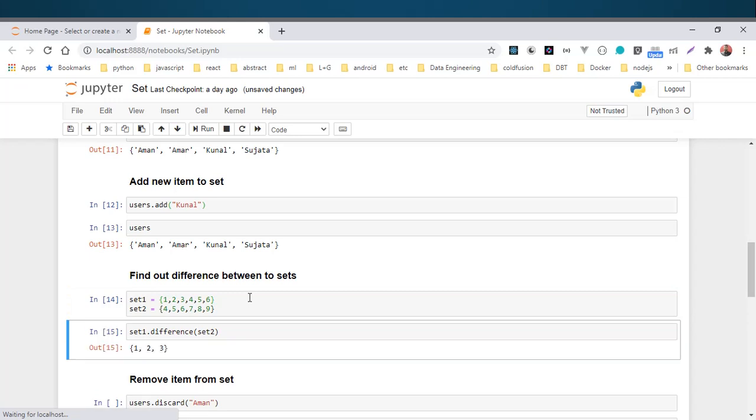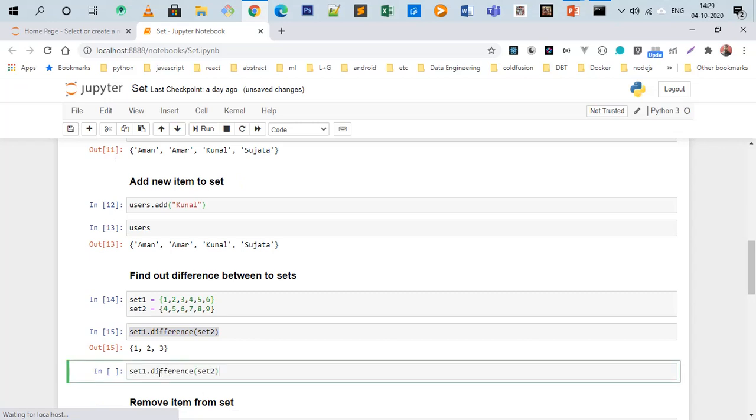So set 1 dot difference set 2 will return all the values which are present in set 1 but not in set 2. And if we print set 2 dot difference set 1, then it will only print 7, 8, 9, because 7, 8, 9 are not present in set 1.